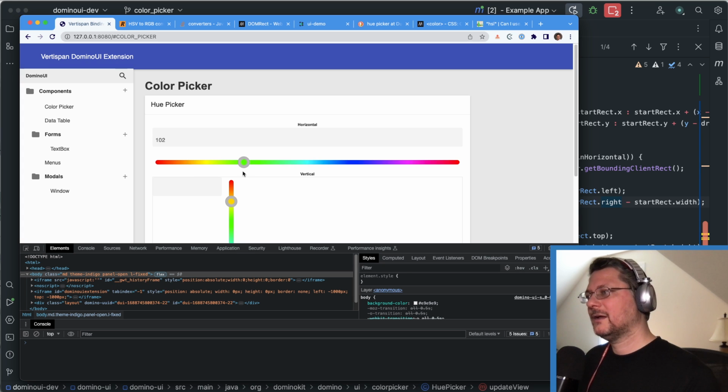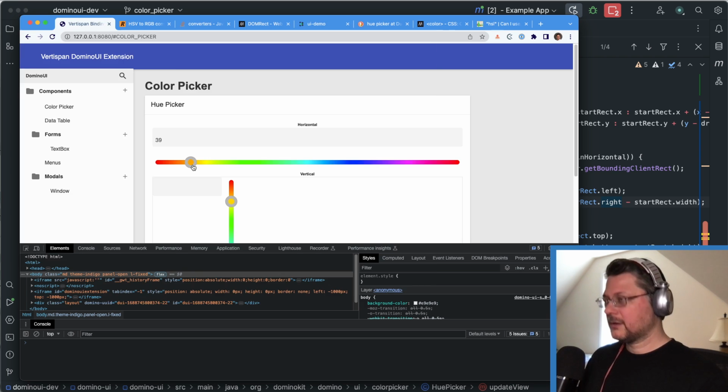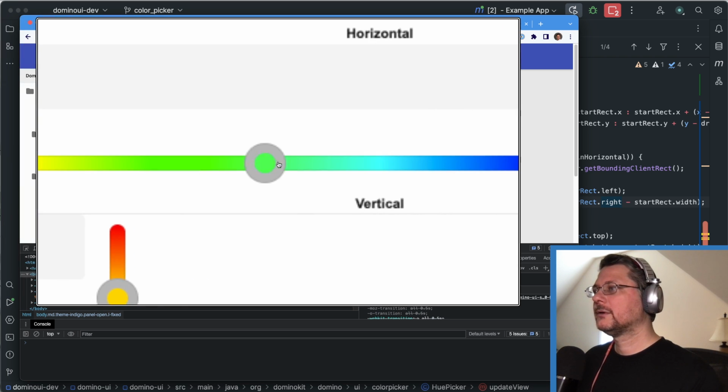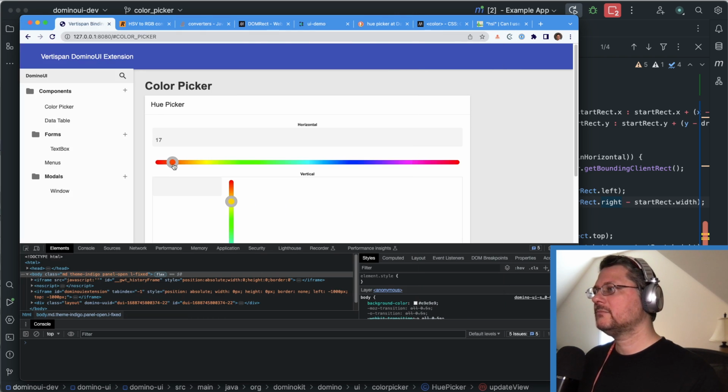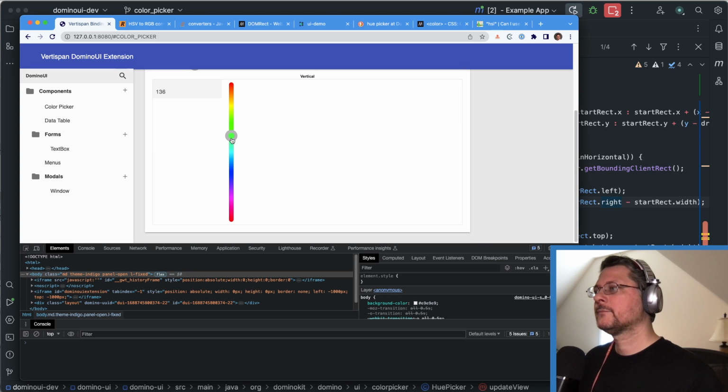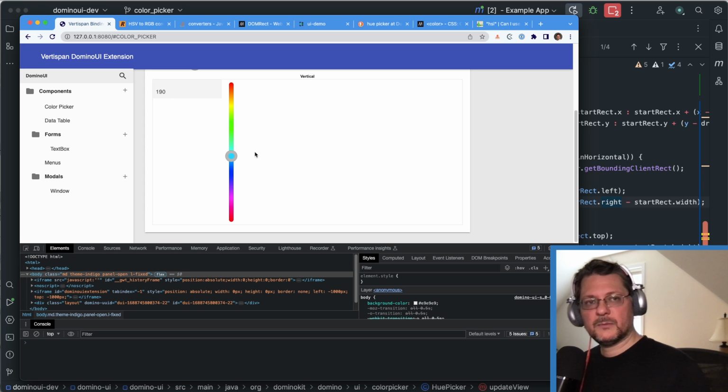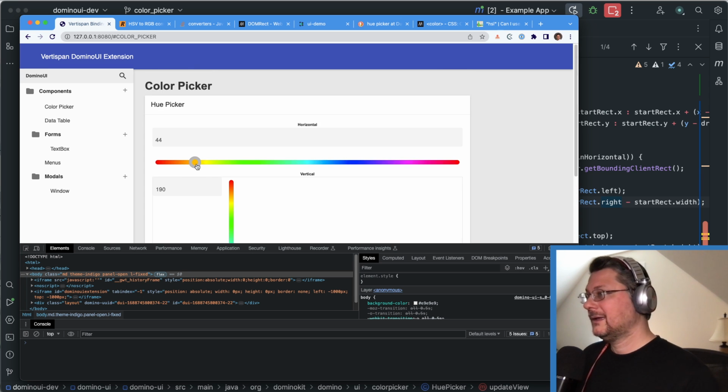I mean, sure, I could have had it just show the other color behind it, but it kind of makes it a zoomed in color. I don't like the thumb color, but that can easily be changed. Okay, I can dig this. I don't know, what are your thoughts? That's just basically it. We have this entire HUE picker working,